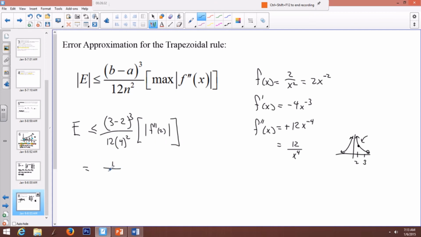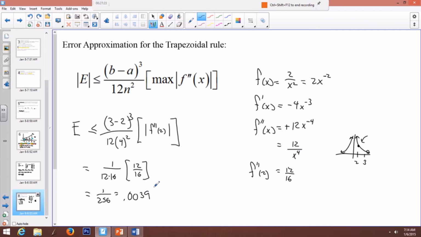So I get 1 over 12 times 16, and let's see here, 2 to the fourth, 2, 4, 8, 16, so 12 sixteenths. That is the value of the second derivative, f double prime at 2. And so that is the maximum value, so 12 sixteenths. And so my error, and I'm going to calculate this off to the side here, it's essentially 1 over 16 squared. Luckily you can do that in your head. 1 over 256, which is